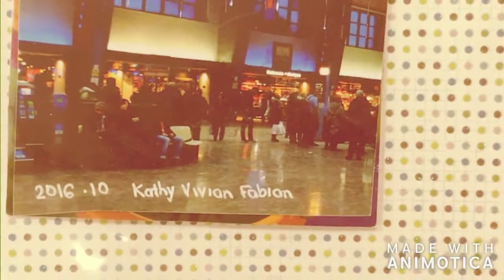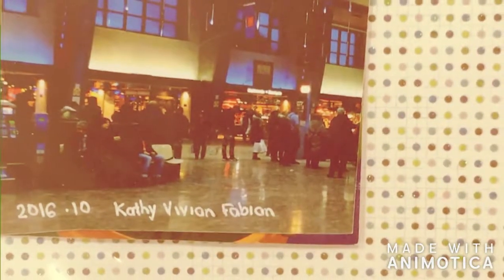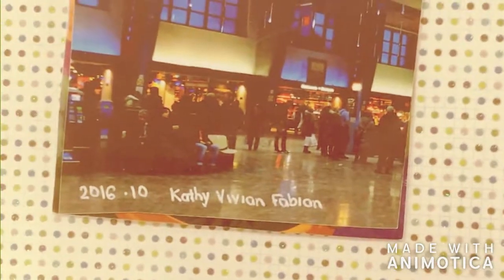At this particular time, the train station was full of these really wild, huge, large mobiles, which you see on top. These are very, very large, and they had a huge Christmas tree in past years, and I was lucky enough to take a couple of pictures of it. So this is